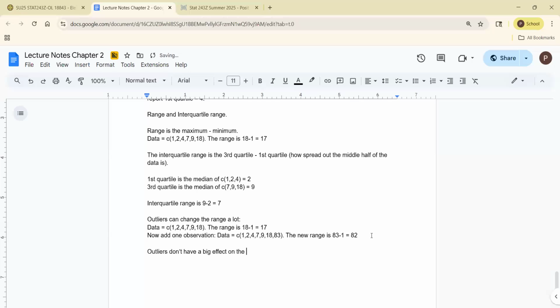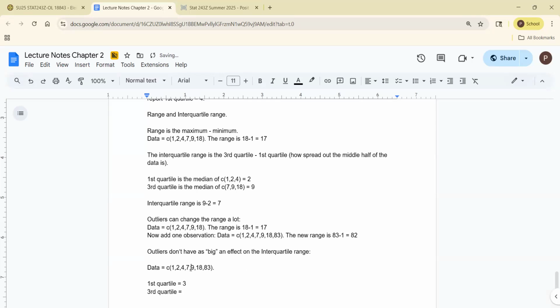Outliers don't have a big effect on the interquartile range. So let's take our new data. And I'm going to put big in parentheses. They don't have as big an effect, I should say it that way. Okay, we've changed our data, so our new first quartile is actually going to be halfway between 2 and 4. So our new first quartile is 3,